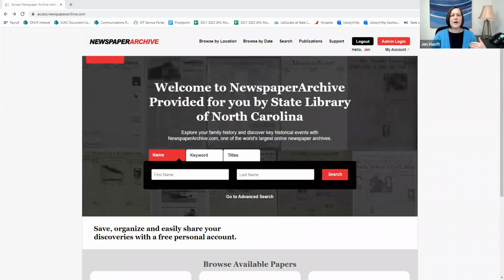Okay, so I want to note at first that it's really important that you start your NewspaperARCHIVE search through the State Library's access point, which is that slnc.info/OR link that we shared in chat a little while ago. That's a link to our online resources page, which starts out with our newspaper offerings. So if you scroll through that screen, you can find NewspaperARCHIVE, and it's really important to start through that link